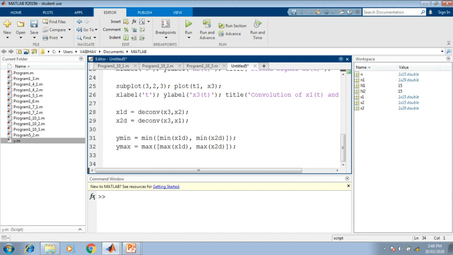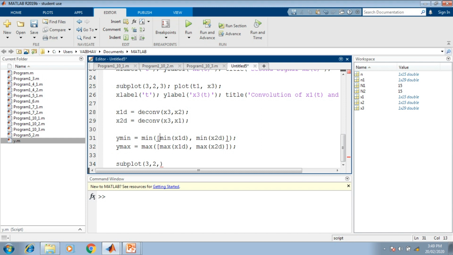Now it's a part of plotting the deconvolved versions here. So for that purpose we go for the next cells of the subplot here. So as we are having 3 by 2, that means total 6 cells here, the convolution result requires the larger range here.